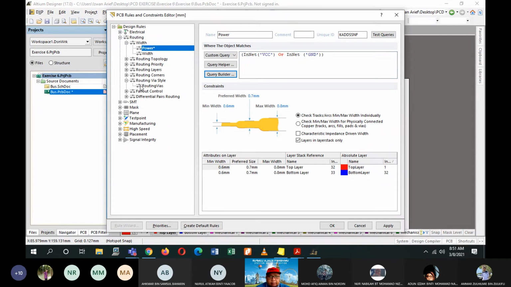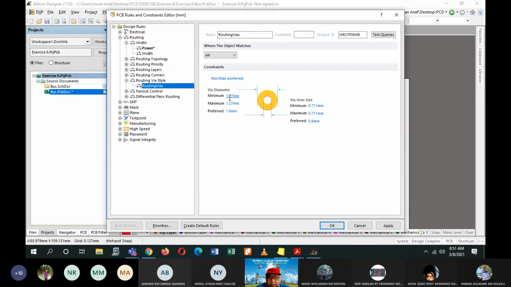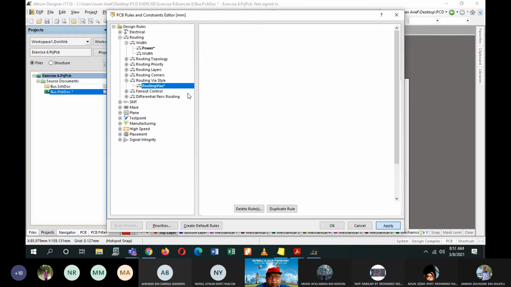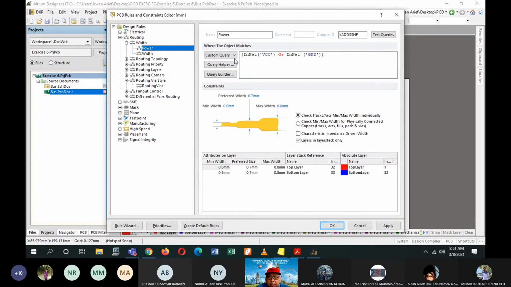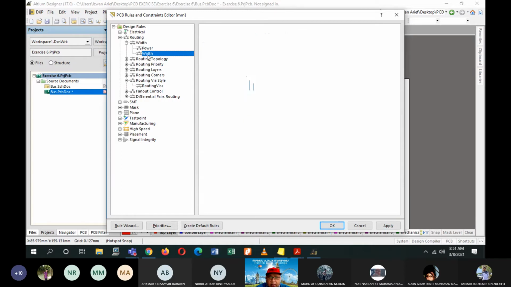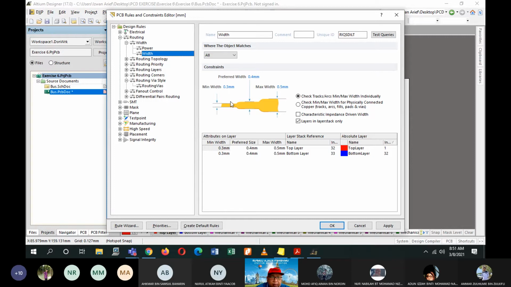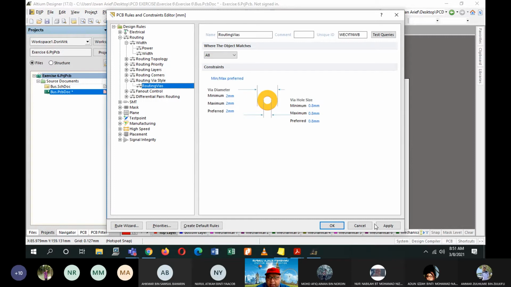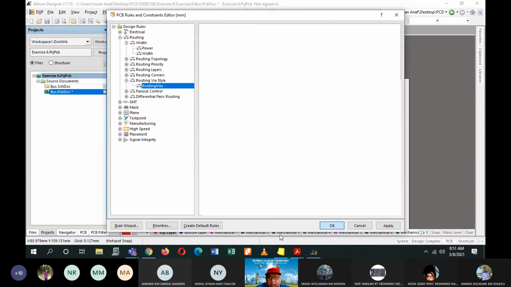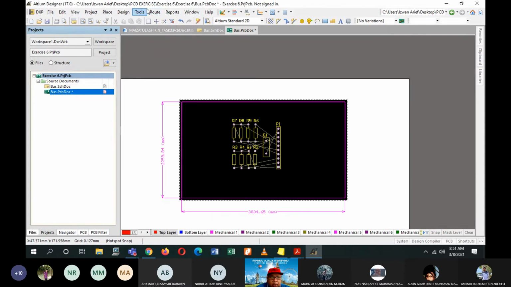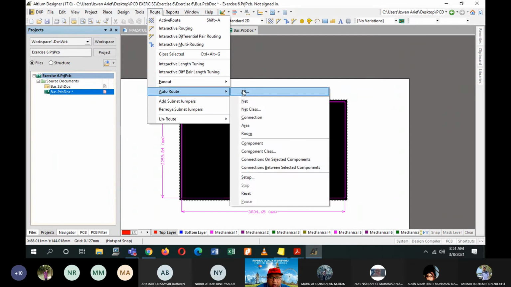Okay, and then my vias, set the size to 2 millimeters. Okay, 0.8 lah. Kita nak dia become standard. Alright, and then click on apply, and then power. Okay, dah ada. Size dah set. Width size has also already been set. Vias as well done. Okay, so click on apply. Okay, and then now you are ready to route all.